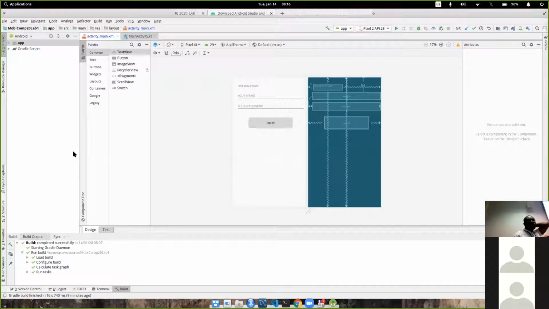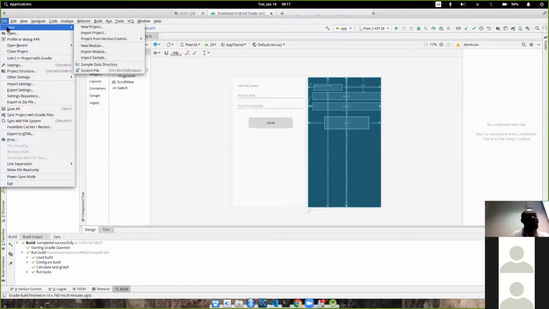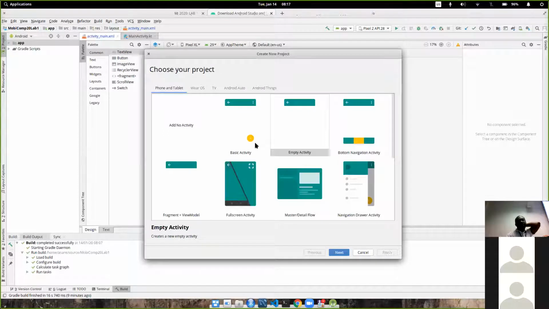So I have Android Studio installed, and now I want to create a new project, for example. So all I do is that I come to File and New. Then I see New Project in the first option. So you just click on it this way, and